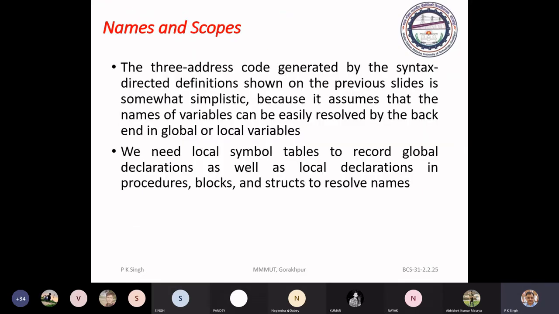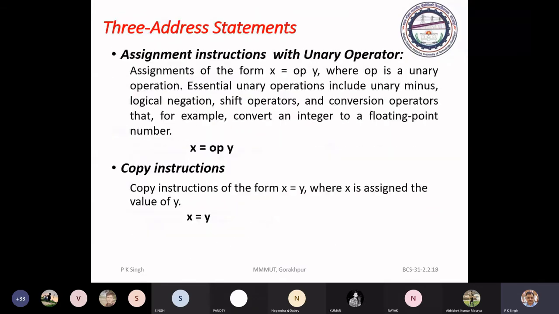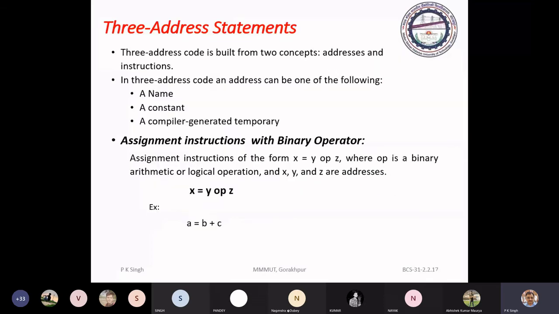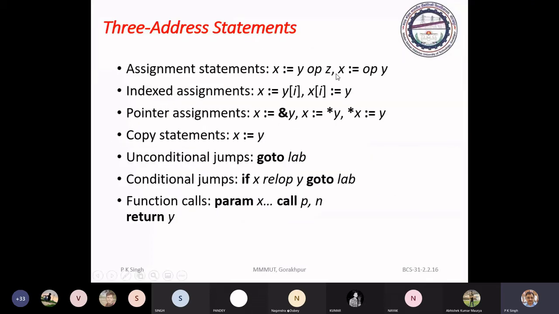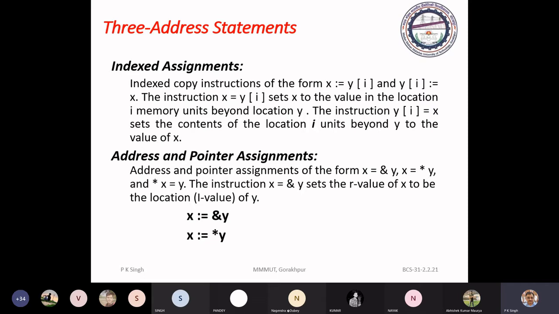Now come to the array reference. We have discussed this, the three address code. Perhaps we have discussed. Yes. So you can go through. It is like this.